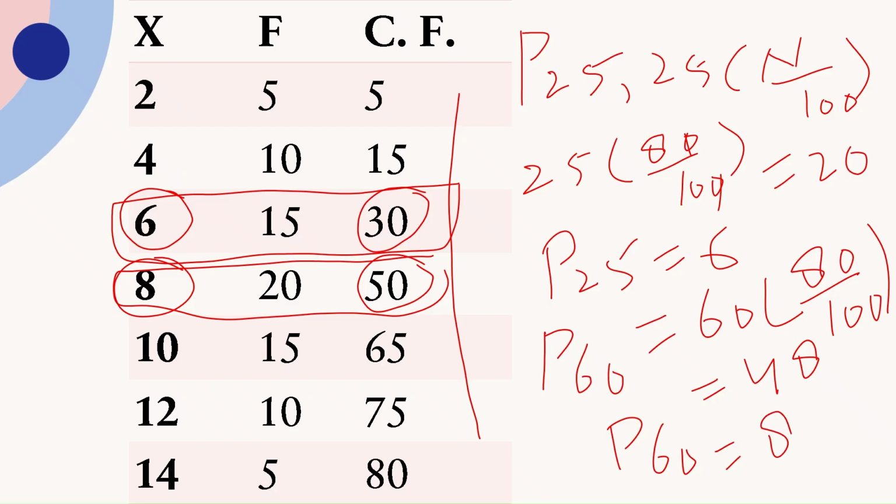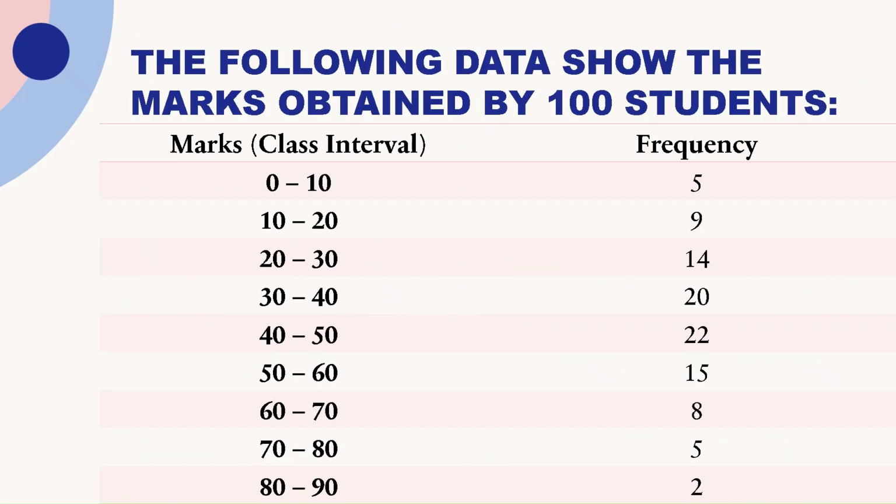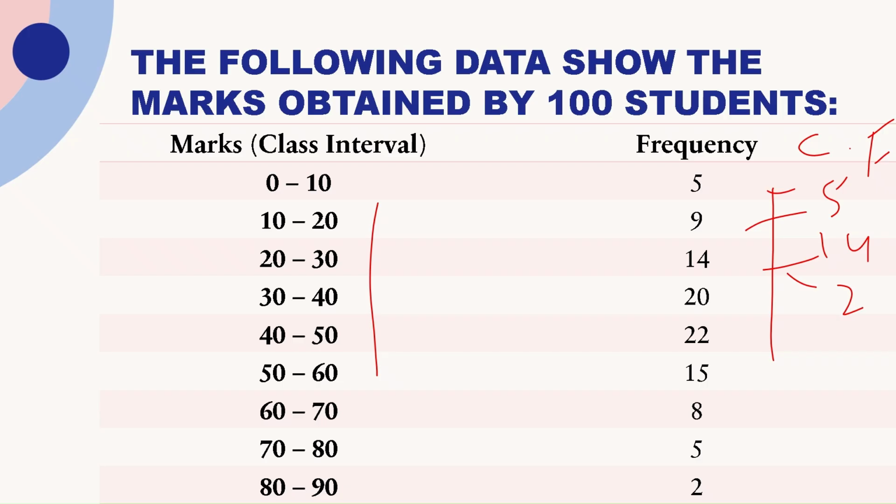So in this way, we can calculate any quartile, any decile, and any percentile for a group of data. Now the second is a continuous type of data. Like I have this type of data, showing the marks as class intervals and the frequencies. Same pattern: the first thing we have to calculate is the cumulative frequency. So cumulative frequency is equal to, this is 5 and this is 9, 14, and 14 plus 14 is 28,